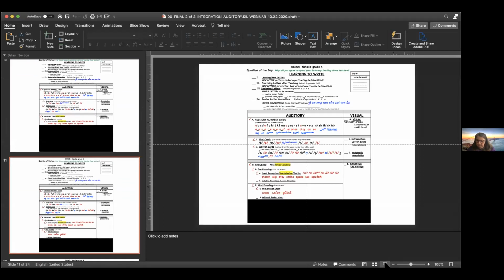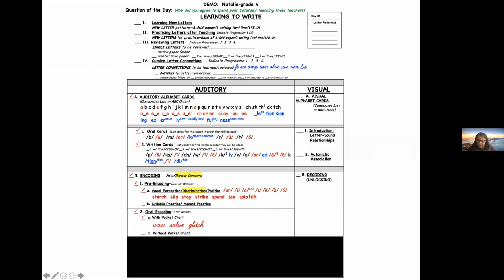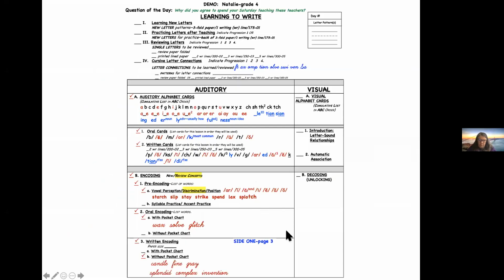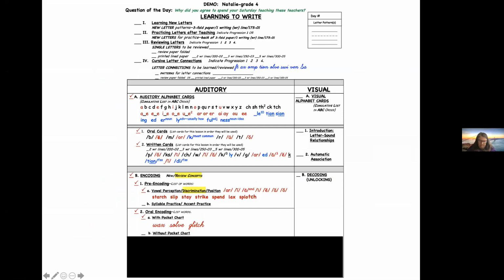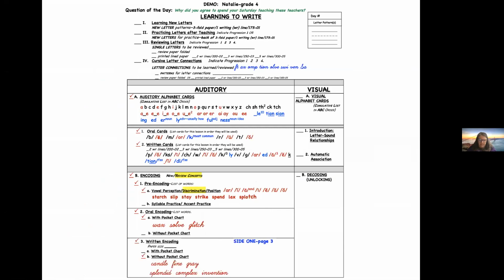This is where we are. Okay, so these were with the pocket chart, but it was oral and they weren't writing. And then these are the words that they wrote. They didn't use a pocket chart, but they spelled these words orally, wrote it in the air, and then wrote it on the paper. And you saw that, which you'll see again.